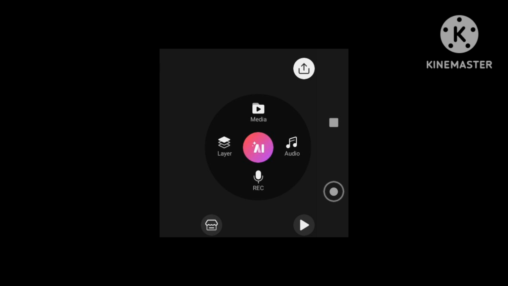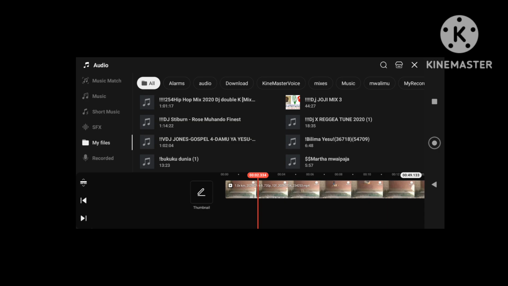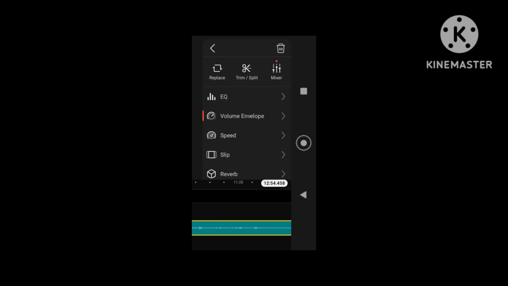Choose music, SFX, which is sound effects, or recorded voiceovers. Select the audio file and press the plus icon to add it below your video track. Tap the audio track and adjust its volume or fade levels in the right menu.